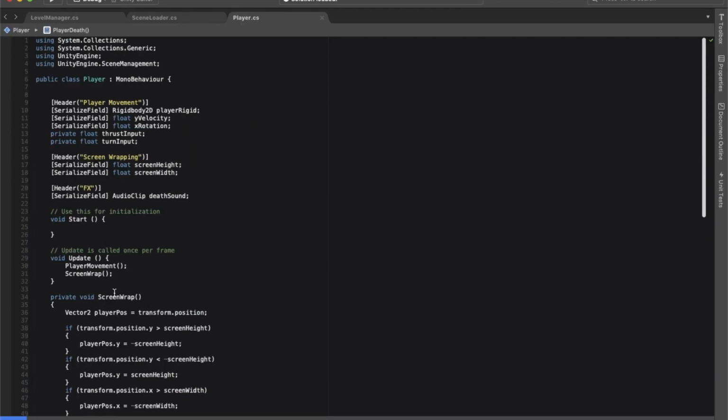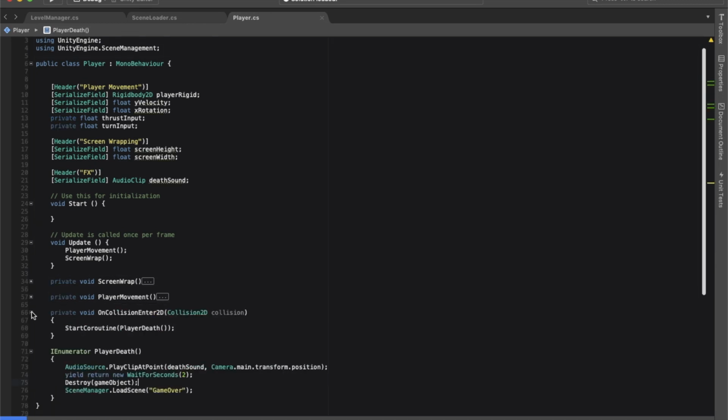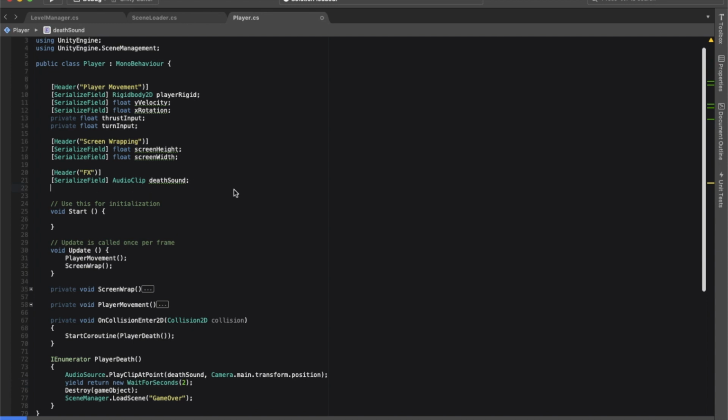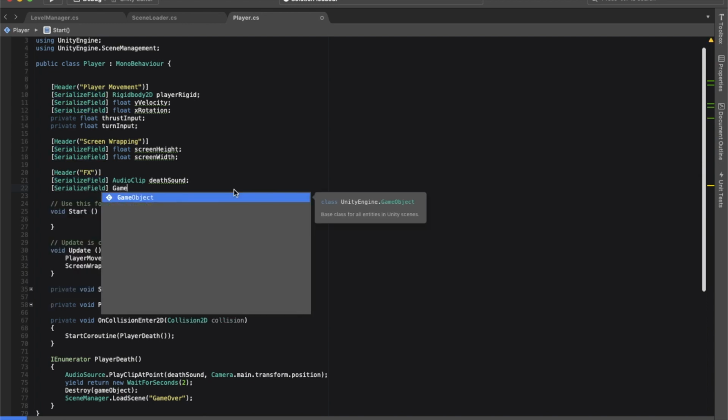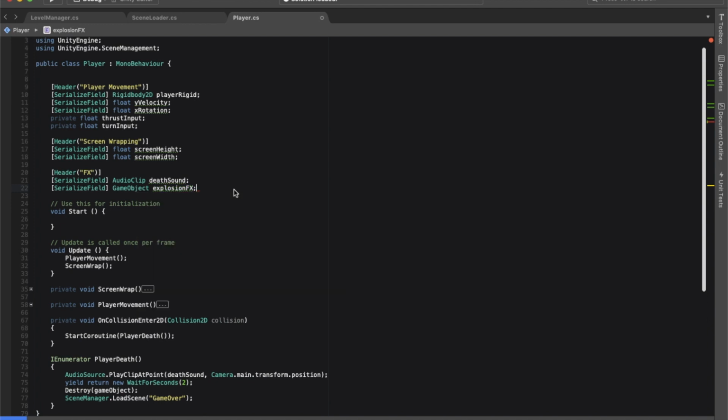Okay, everything kind of popped back out, so I'm going to go ahead and minimize the stuff I'm not working with right now so I don't have all that on my screen. So at the header, in effects, because we're creating a new effect, I'm going to serialize a field because I need to be able to drag it in. This one is going to be of type GameObject, and it is going to be called Explosion FX